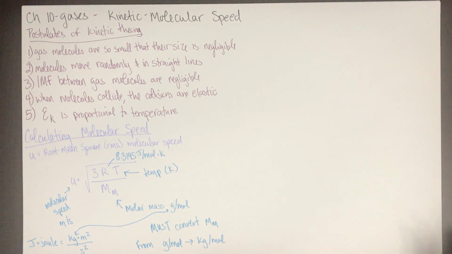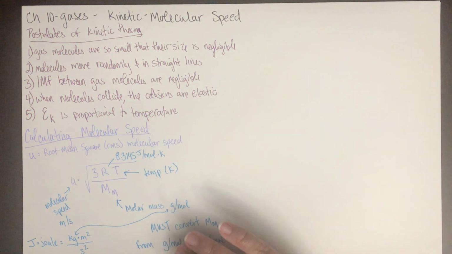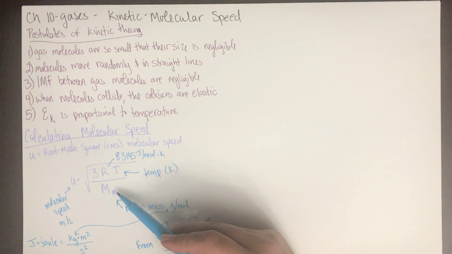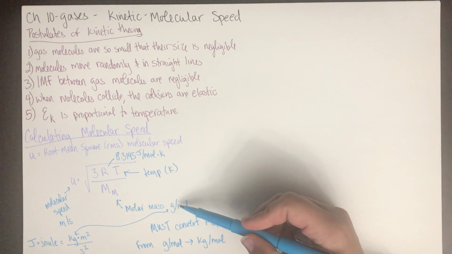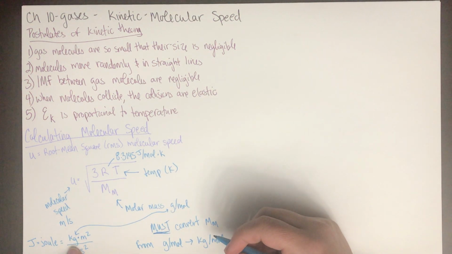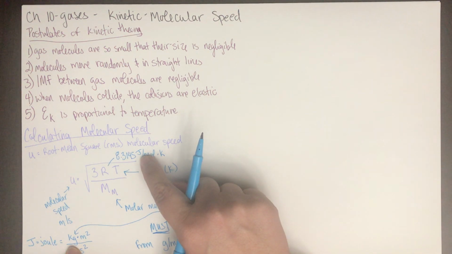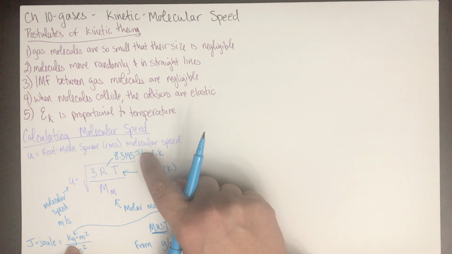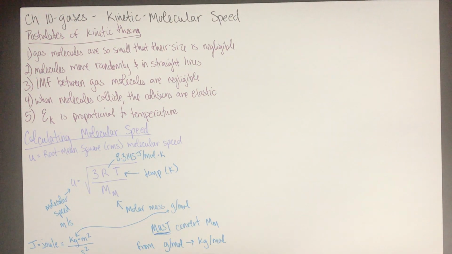This is the only time you have to do this. This is something that everybody forgets. Don't forget to do this. The molar mass that you look up on the periodic table is going to be in a unit of grams per mole. You must convert it to kilograms per mole because this unit of joules, instead of this J right here, I could put kilograms times meter squared over second squared. And actually I will do that so we see how all of the units cancel. Okay, so this is the equation. This is what everything stands for. Let's look at a problem.